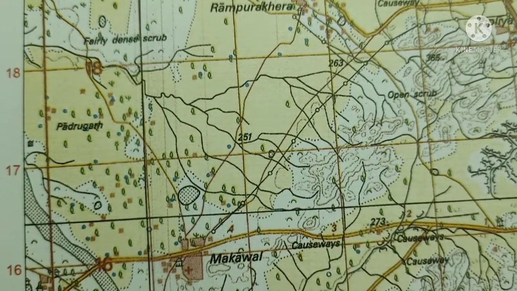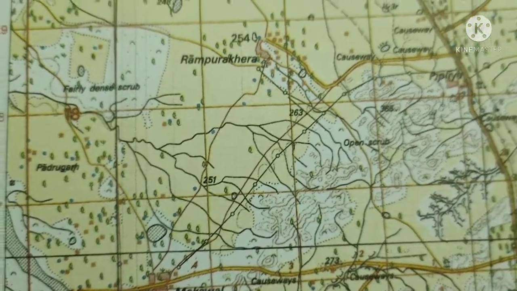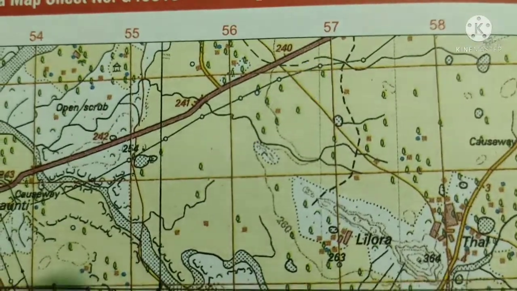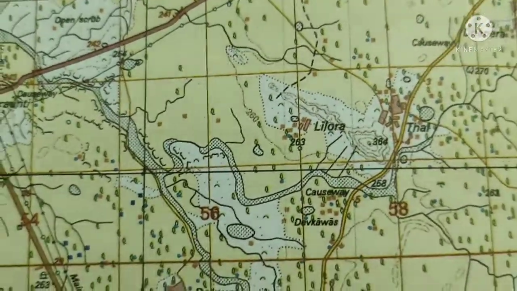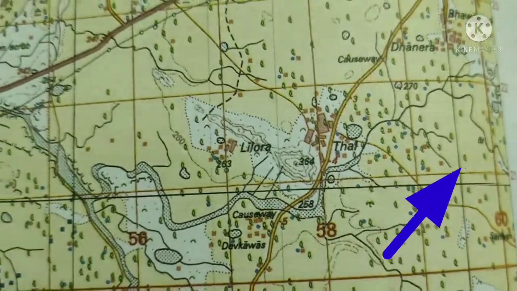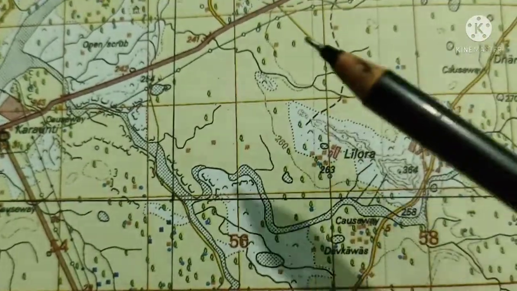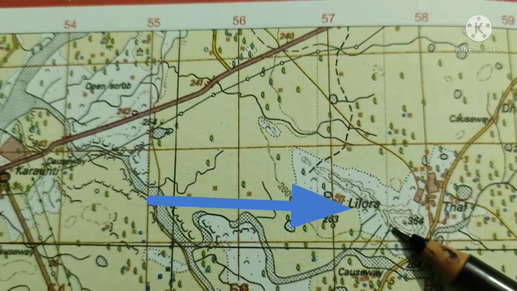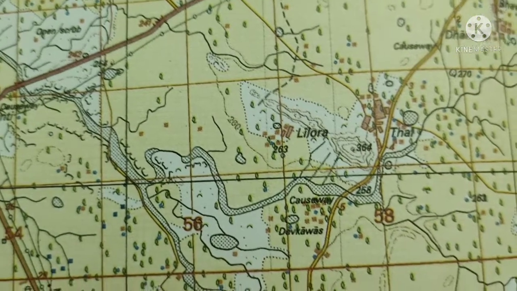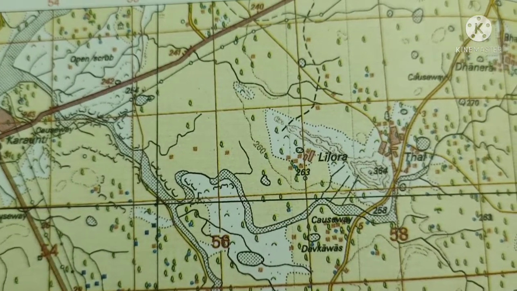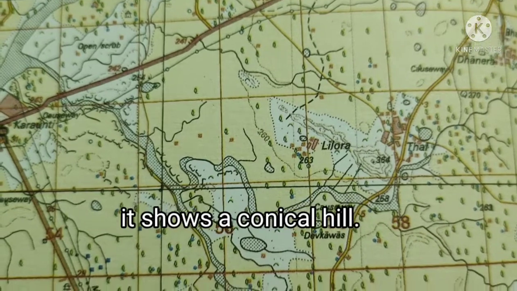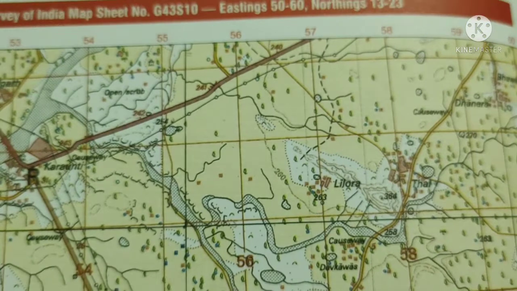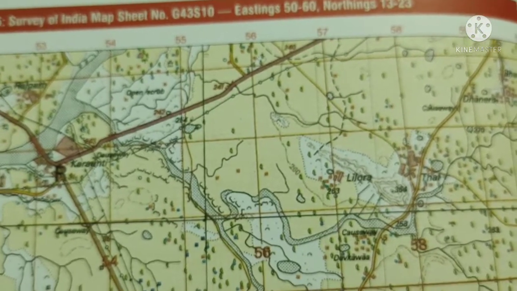Another feature which is shown in 5721. Where is 57? Right here. This is 57, and somewhere here is 21. This is 21, and we have to talk about this particular contour line or the relief feature. This is clearly contour lines close to each other. You can clearly see. If they are close to each other and mostly circular in nature, that means it is showing a hill. So the relief feature in 5721 is a hill, whereas in 5216 it is a knoll, KNOLL.